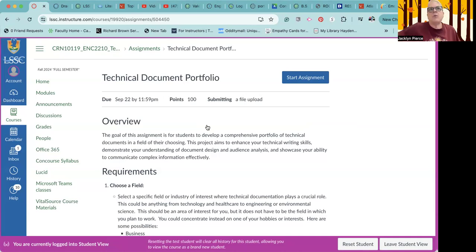The biggest thing that I want you to keep in mind, part of the problem with the name even, is that when we think of technical, we think of computers. And technical writing is not necessarily focused on technology. Technical writing is anything that supports a workplace or